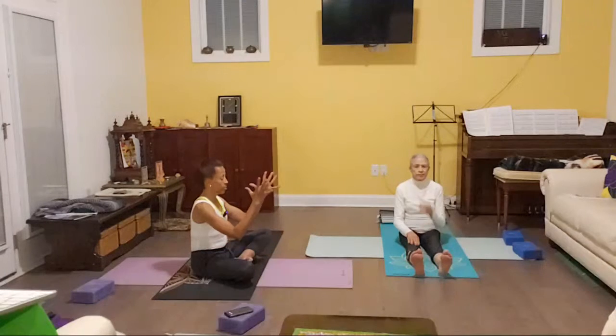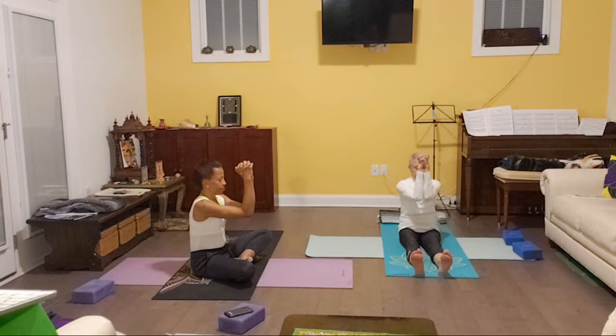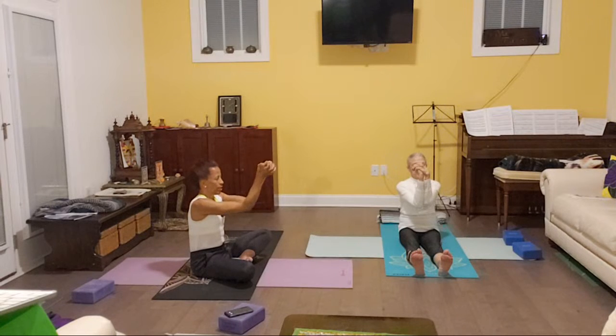Now from here, we're going to bring the palms of our hands together and interlace our fingers. Bring your forearms together and lift your elbows so that you're looking at your thumbs. And we're going to make a circle with our knuckles toward the ceiling, flexing our wrists as much as we can, slowly rotating. Breathing naturally through your nose,